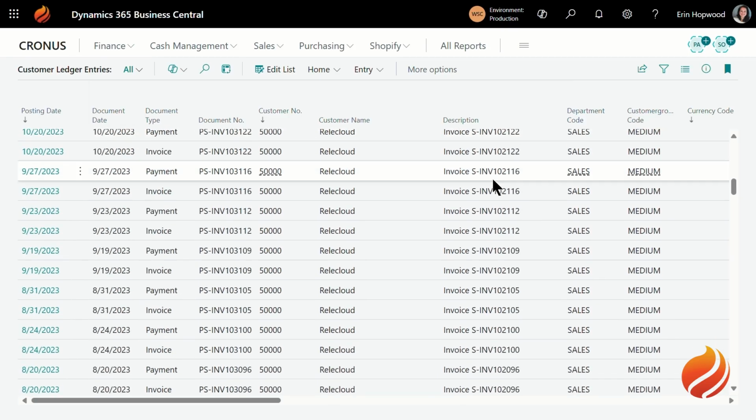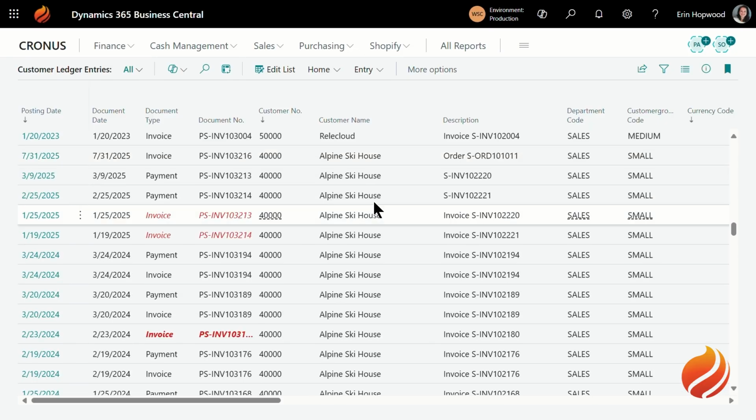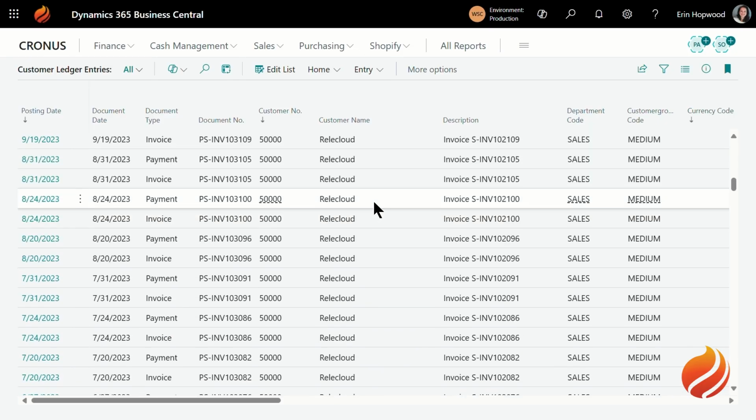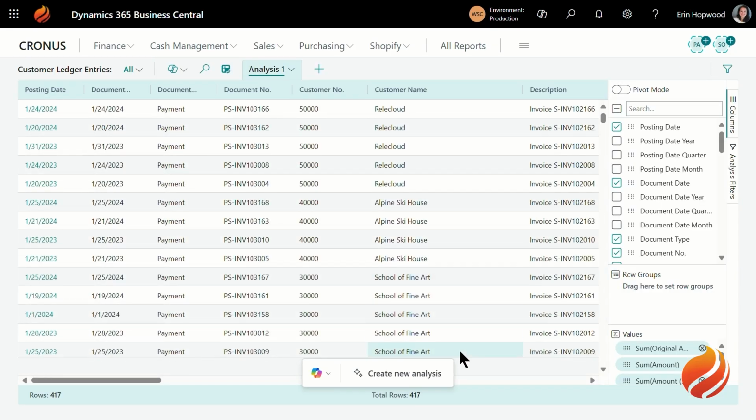However, simply scrolling through all this transactional data doesn't provide the actionable insight required to drive revenue growth, identify market opportunities, or troubleshoot a customer with declining revenue. This is where Business Central's Analysis Mode comes into play. With a user experience reminiscent of Excel pivot tables, Analysis Mode empowers users to quickly dissect, filter, and drill down